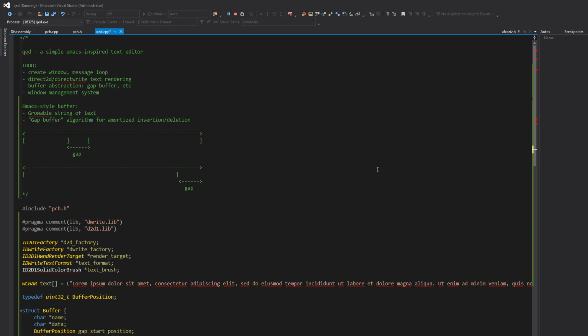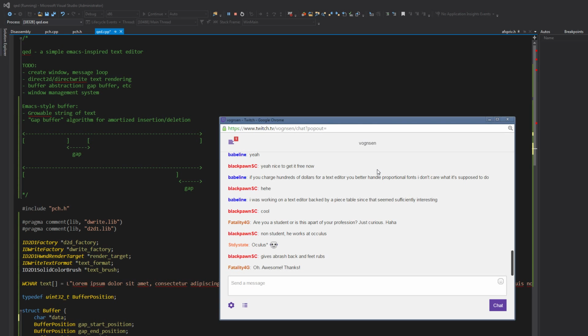So step 1, let's see here. Create buffer. And just remove the name for now, it's sort of extraneous. Create buffer. You create it with an initial gap size, which is basically the same